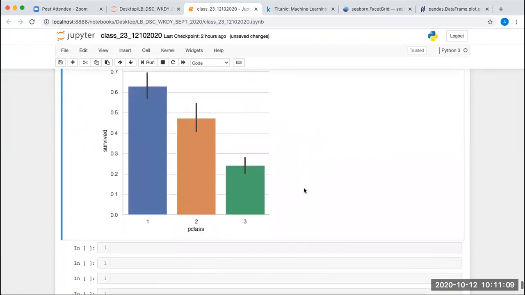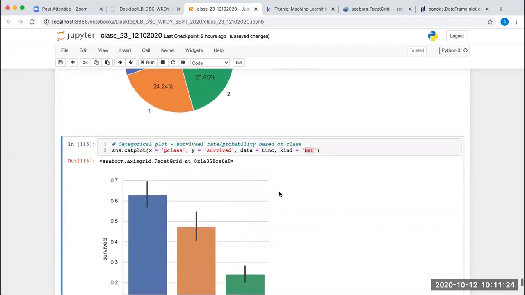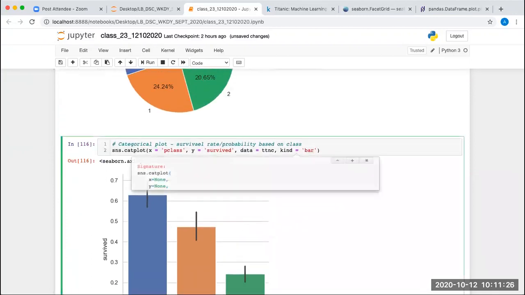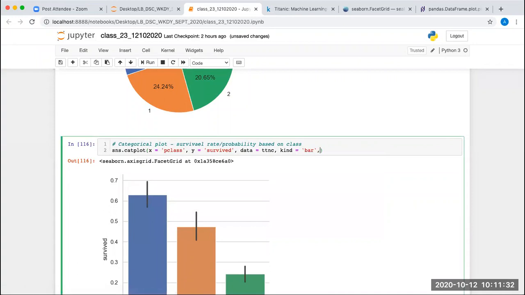Fine. Now, if you see, in the first class passengers the survival rate is around 70%. In the second class it is around 55%, and in the third class the survival rate is less than 30%. Now here we have the hue attribute again. So let's say if you want to check based on sex, hue is equal to sex.